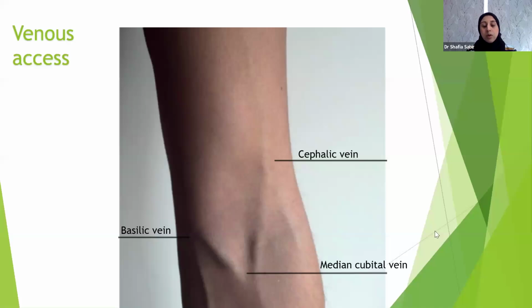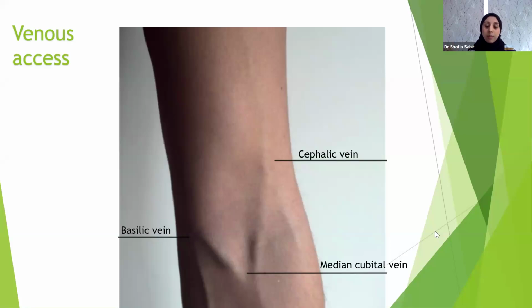So venous access. I've lost count of how many patients I've actually sedated over the years, but this is the one thing that will still keep me up at night: venous access. It's so different from patient to patient, and that can really be your downfall if they have really, really bad veins. So we're looking to cannulate them in either their antecubital fossa, which is this little bend that